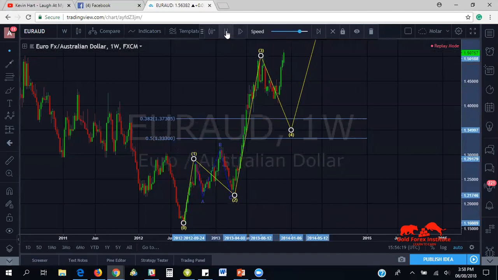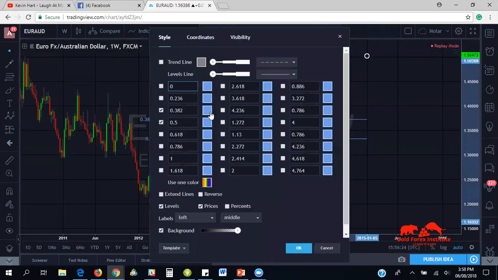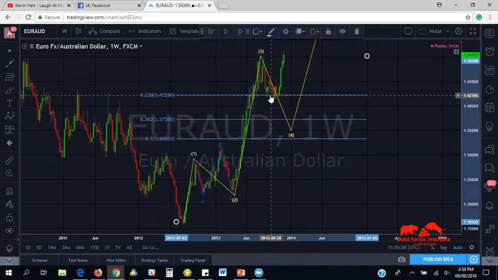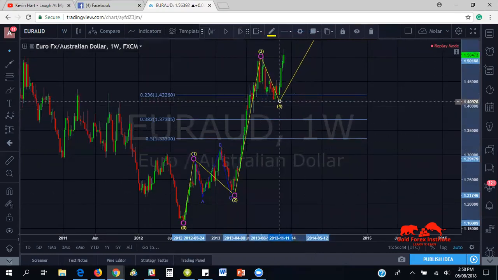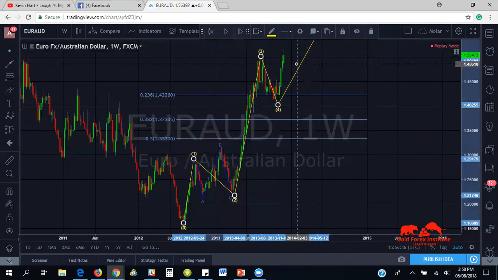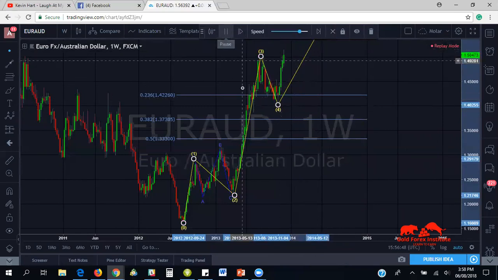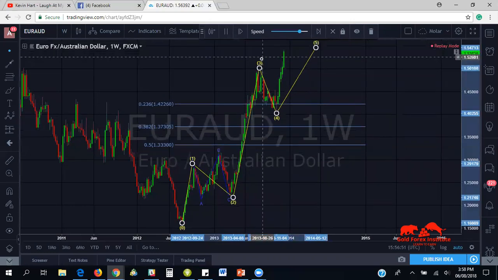It was a short move, which is a 23 Fibonacci. So sometimes you will not get price to travel to this area. But sometimes when you have this fast move, price will only travel 23%. And when it does that, it will continue to the wave 5. So that's our wave 4. And wave 5,